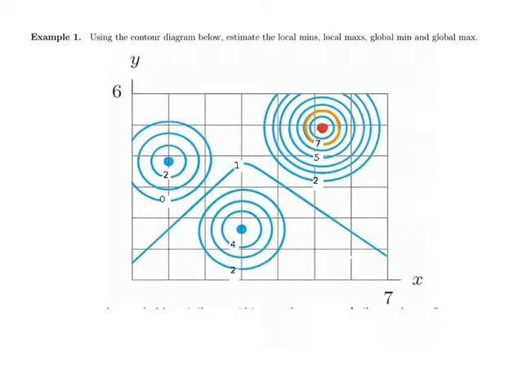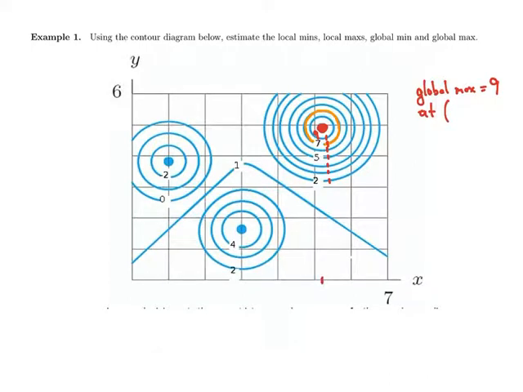this contour right here, which is going to correspond to the value of 9 because each one is going up 1. We have, here's 2, 3, 4, 5, 6, 7, 8, and that means that's a 9. And that is the biggest contour we have. That's going to correspond to the global max. So the global max is the value of 9, and it happens at the point, looks like,